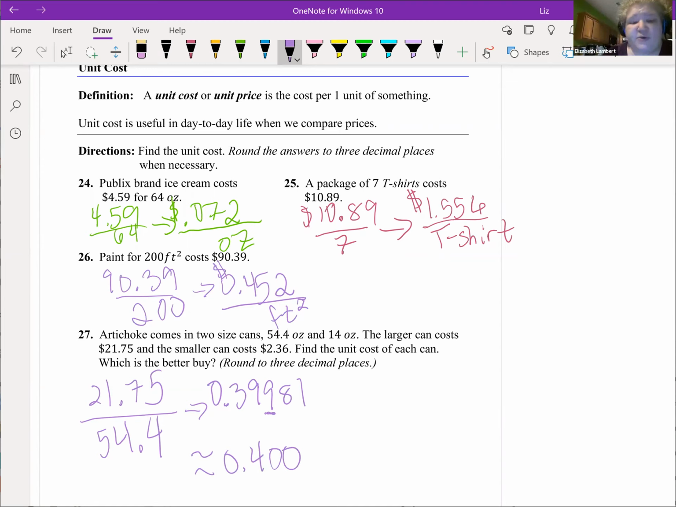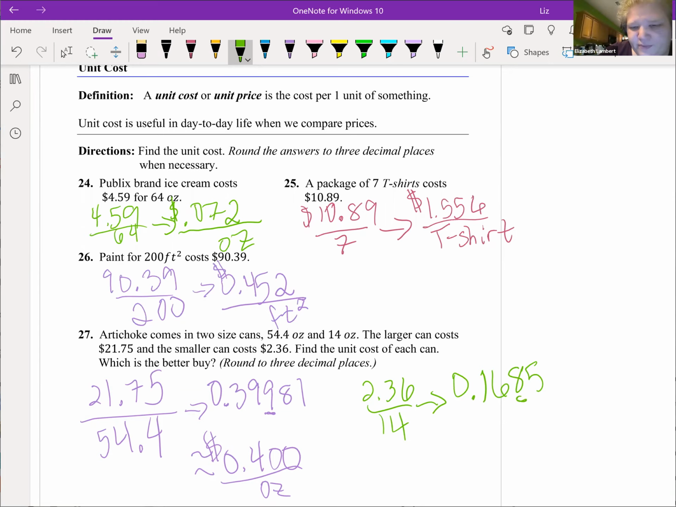In chemistry, you would definitely write those zeros. In math, that's dollars per ounce. All right, let's see what happens on the other one. 2.36 per 14 ounces. Oh yeah, like I said, I didn't think it was going to be the big can. 0.1685, blah, blah, blah. So $0.169 per ounce. Smaller can is the better buy,